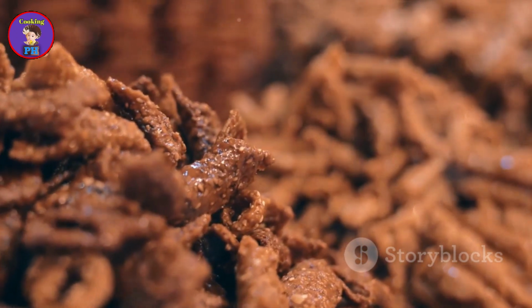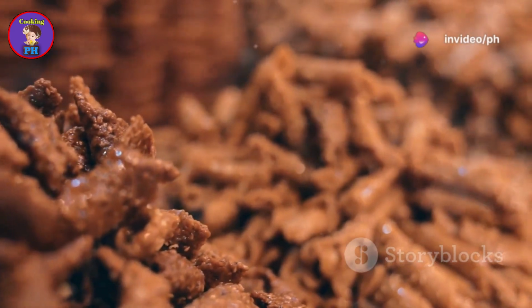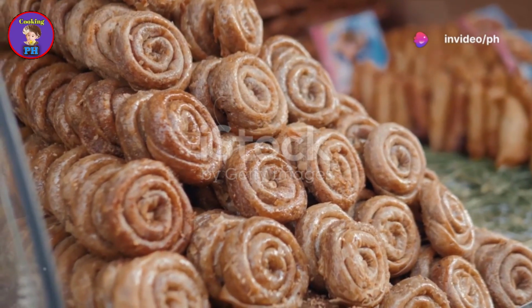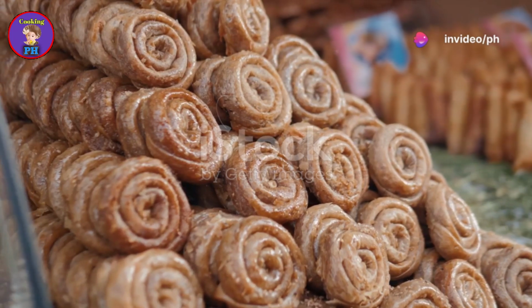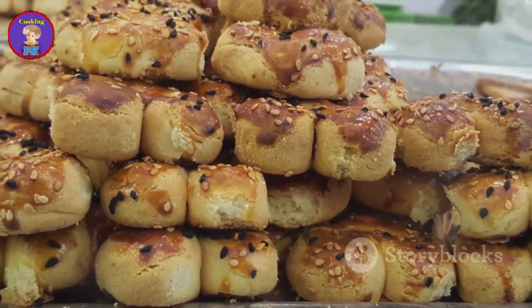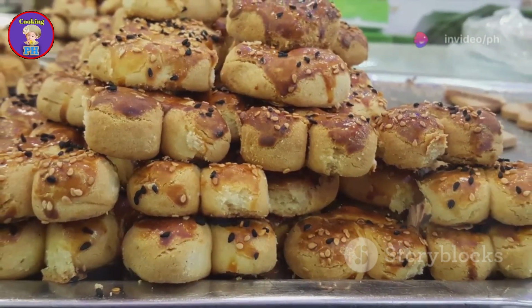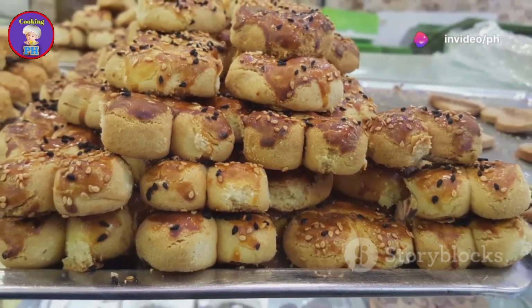These golden flower-shaped delights are made from strips of dough, folded into a unique shape, deep-fried, and then coated in a sticky honey syrup. The result is a beautiful glossy pastry that's crispy on the outside but reveals a soft, sweet interior as you bite into it. It's a pastry that's as delightful to look at as it is to eat, but it's not just about the